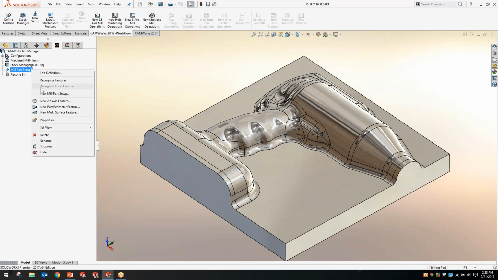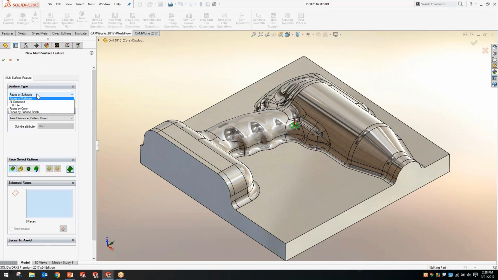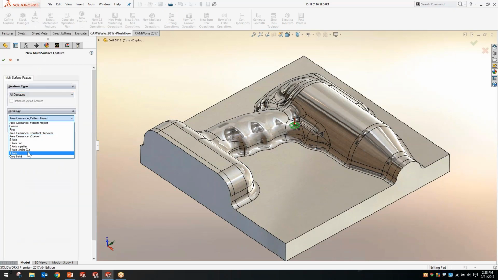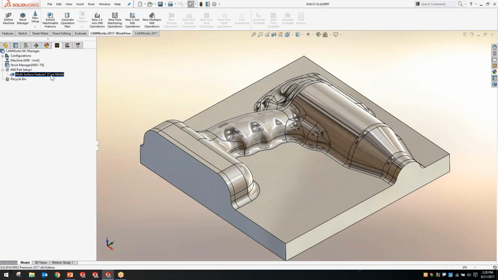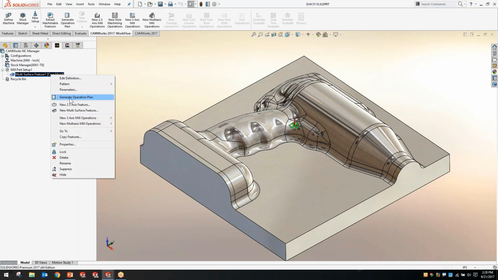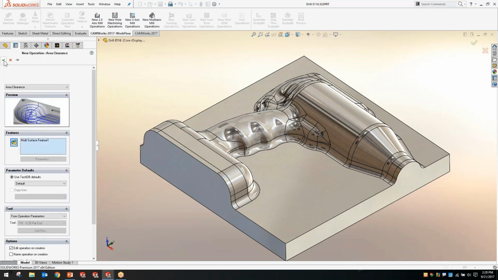So we're creating a setup, telling CAMWorks to use the entire feature, and it doesn't really matter what strategy we use here because I'm going to manually choose these operations. So I'm not going to generate the operation plan automatically. This time I'm going to do the area clearance manually. So I'm going to use that feature,